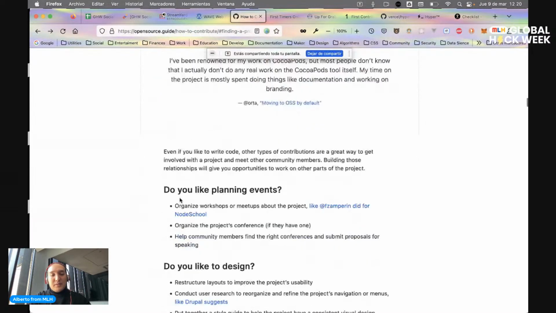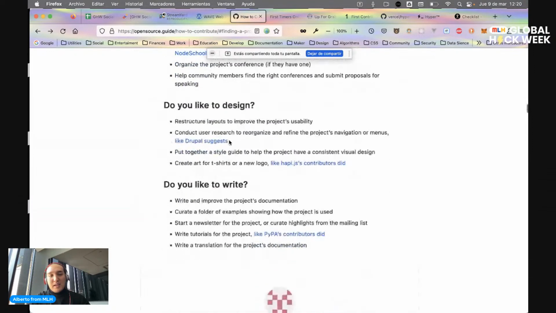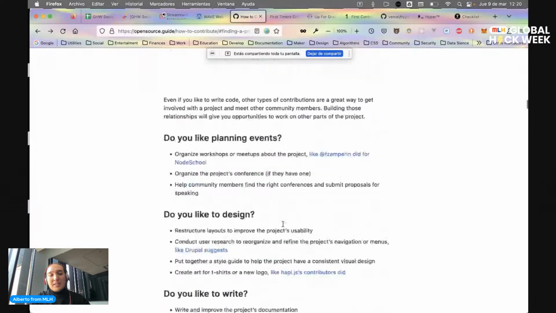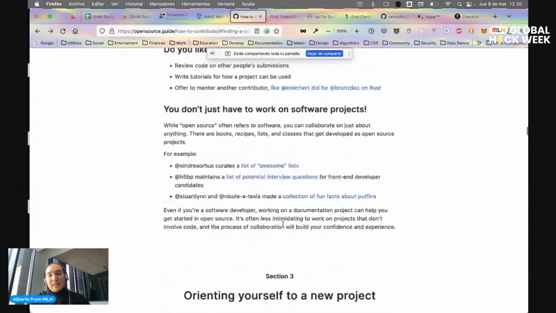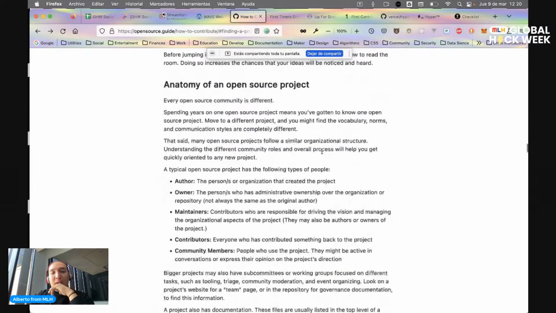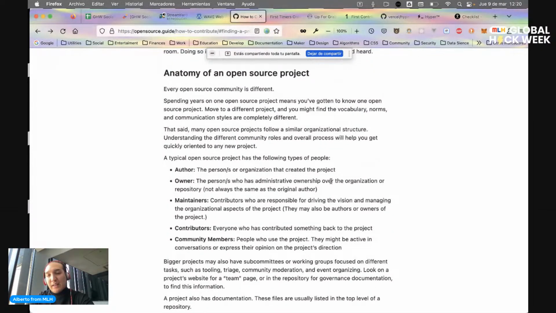So there are still these questions, and this is in matter of what it means to contribute. Let's keep this section, and these are about orienting yourself to a new project. You should understand how open source works, and there are some key roles in this open source community.